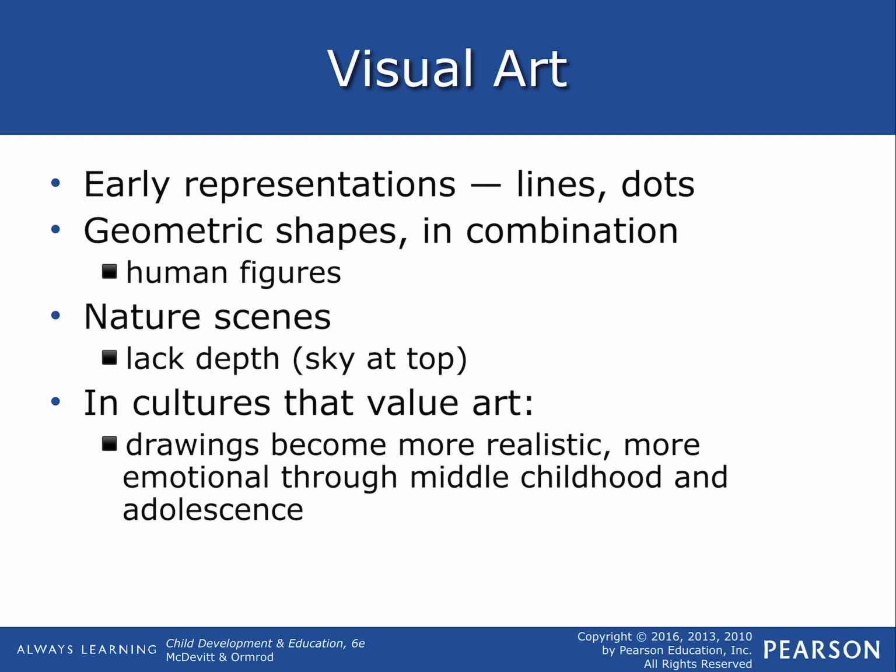They love to dab, and they make dots all over their page, and they make skies. They seem to know to dab them once you tell them, and they really like the dots, and they will make all kinds of shapes. So we're talking about lines, dots, shapes in combination. Then you move on to human figures.